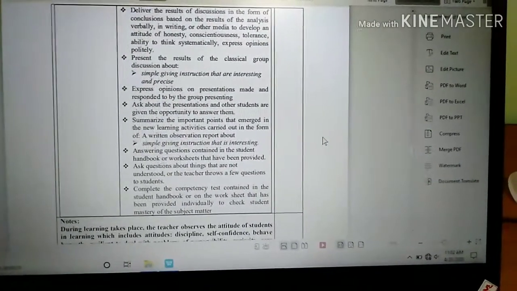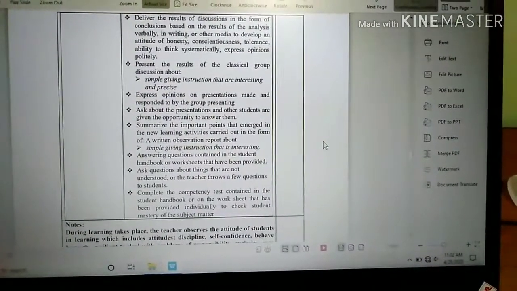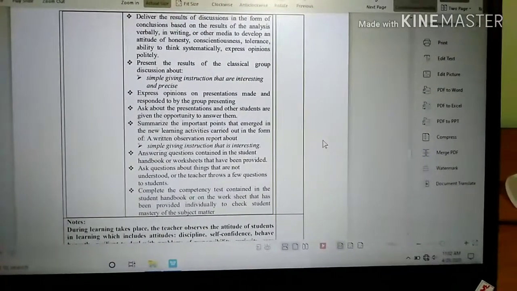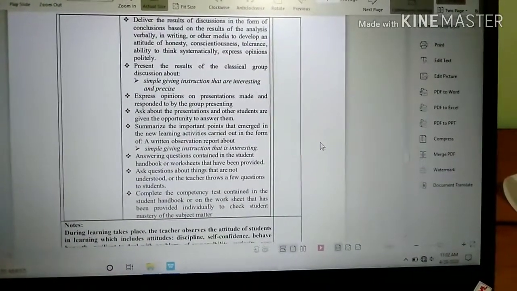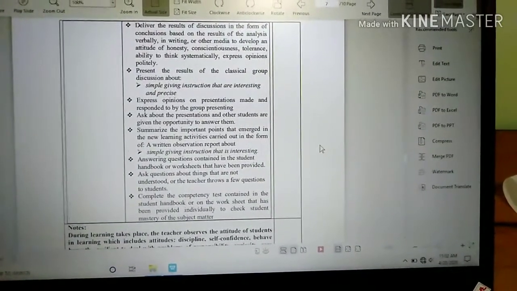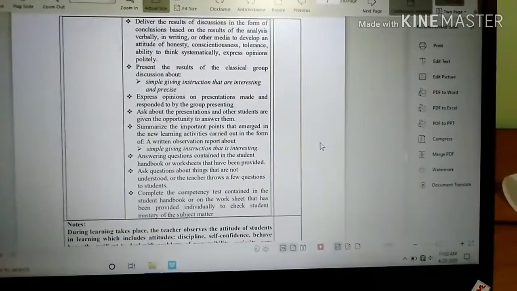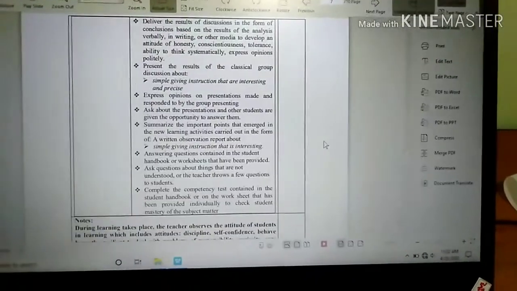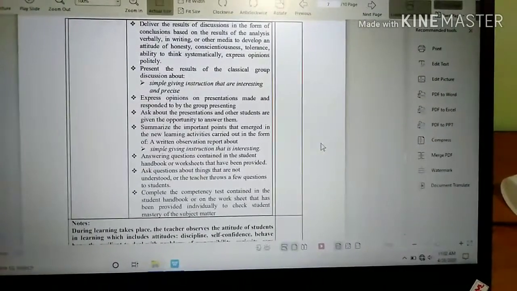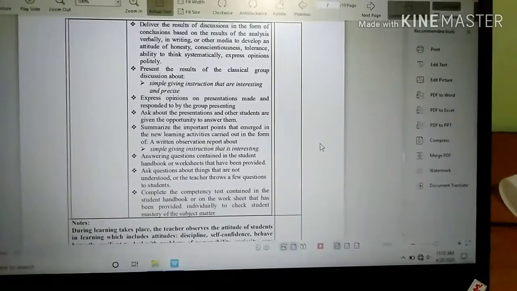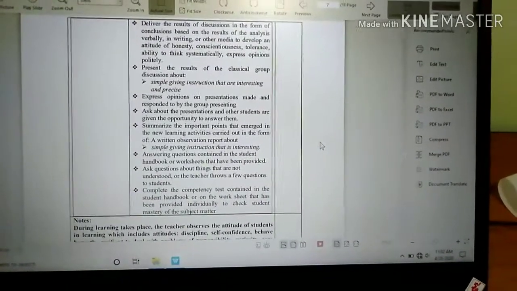Summarize the important points that emerged in the new learning activities carried out, in the form of a written observation report about simple giving instruction that is interesting, answering questions contained in the student handbook or worksheet that have been provided, ask questions about things that are not understood, or the teacher throws a few questions to the students.